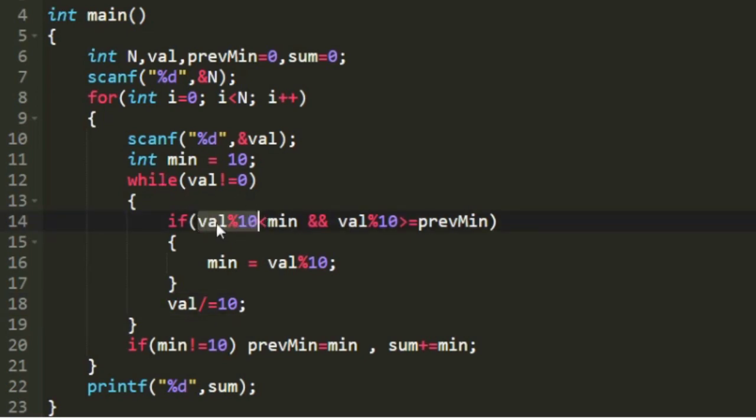So we are checking whether val mod 10 is less than min and val mod 10 is greater than or equal to previous min, because only then the boy would be able to take that number of gold coins. So if this condition is satisfied, then we are going to store val mod 10 into this variable